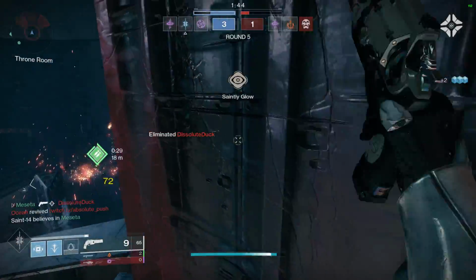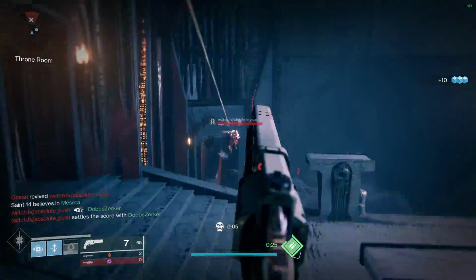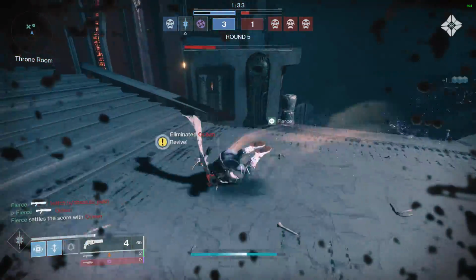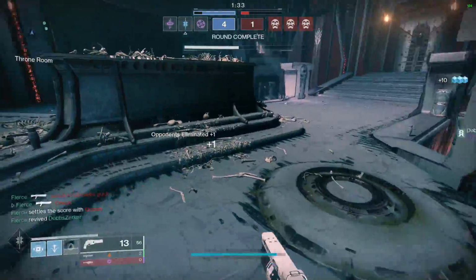pretty good. The general day-to-day play of Trials of Osiris, the mode itself, is pretty good, though I do think that third-person peeking needs to go because it creates stalemates by giving free information for no risk whatsoever. Sword hilt, same thing, so maybe they shouldn't work without ammo. And then also, the round timer needs to be trimmed down to 1 minute to actually promote